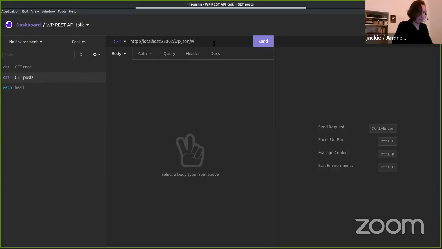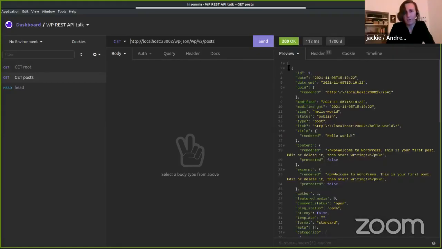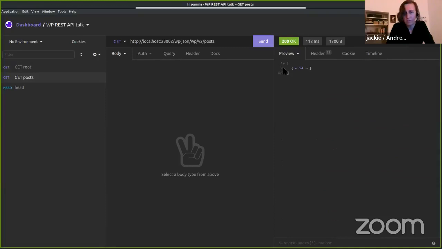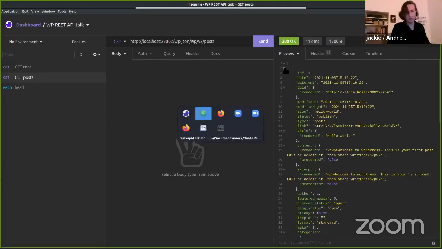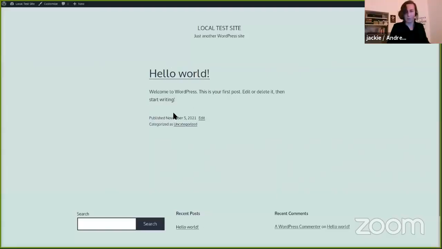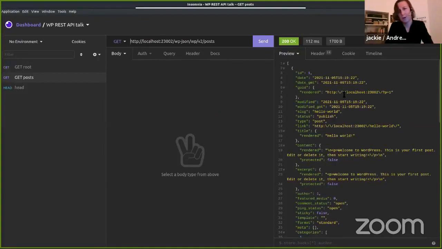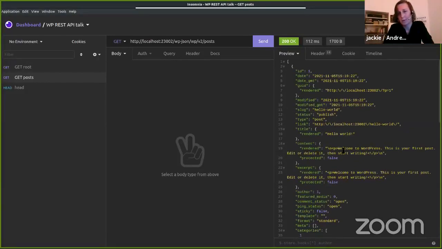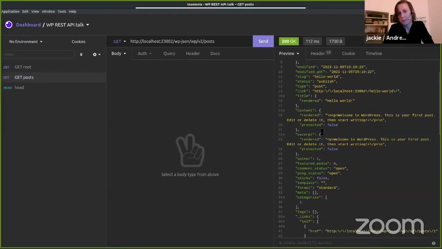And we've seen now that the endpoint is wp/v2/posts. And I just do a simple GET request. And I'll get exactly one post, because there is only this one post published in a fresh setup. It's the obligatory hello world post. So I have all the details about this hello world post.